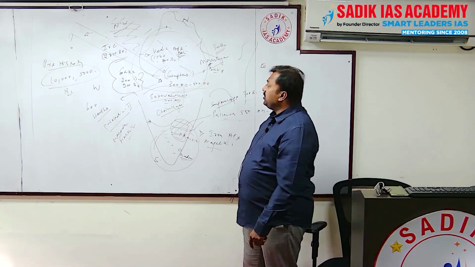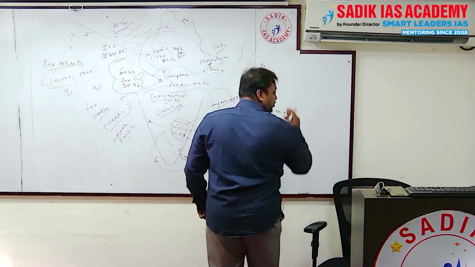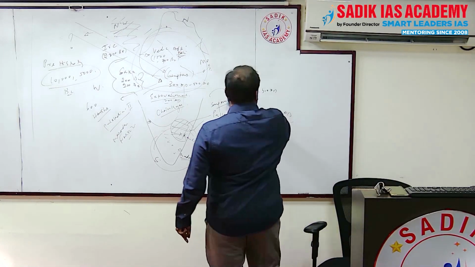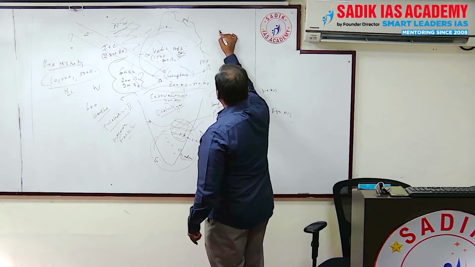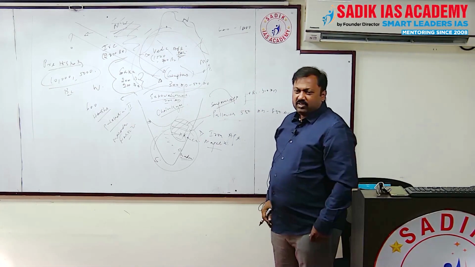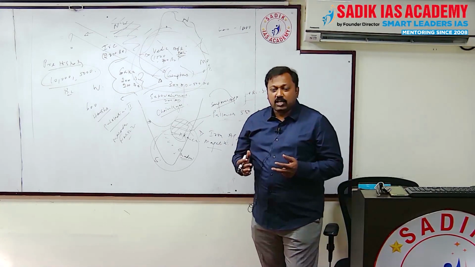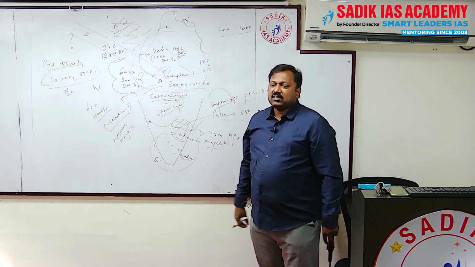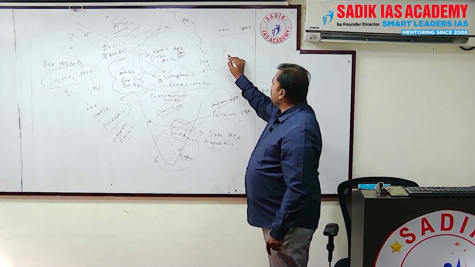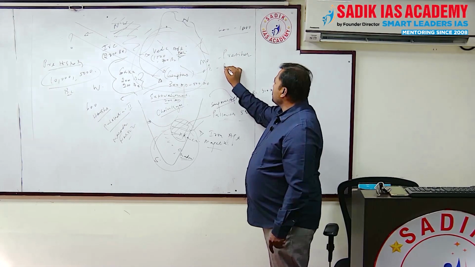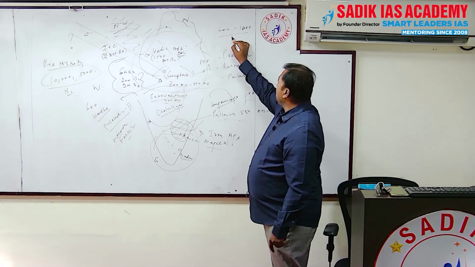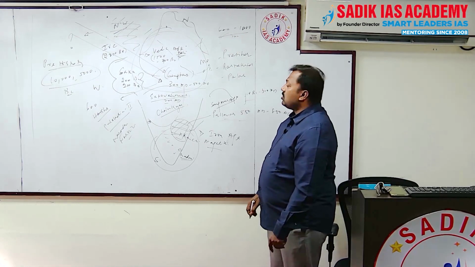After this means roughly which period? The period is going to be around 600 to 1000. What happened in the northern part of India? There was a political disintegration, characterized by the fight between three important dynasties: Pratihara, Rashtrakuta and Palas. Sir, not 600, it will be around 700, but I am just mentioning 600 to 1000.